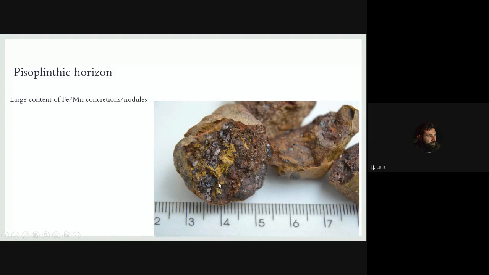We have a lot of iron concretions or iron and manganese concretions and nodules, okay? Just remember, concretions possess a particular internal structure, like layers, like an onion, for example, and nodules